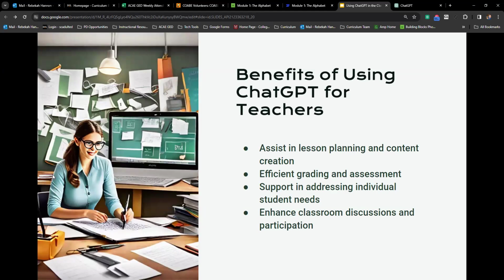They provide that essay back to you, the user, and then you, as a teacher, kind of make those edits and give your student feedback on that. Well, you can put that essay into ChatGPT along with the GED rubric, and it will provide you some additional feedback. In addition, ChatGPT also provides support in addressing individual student needs, and it can enhance classroom discussions and participation.